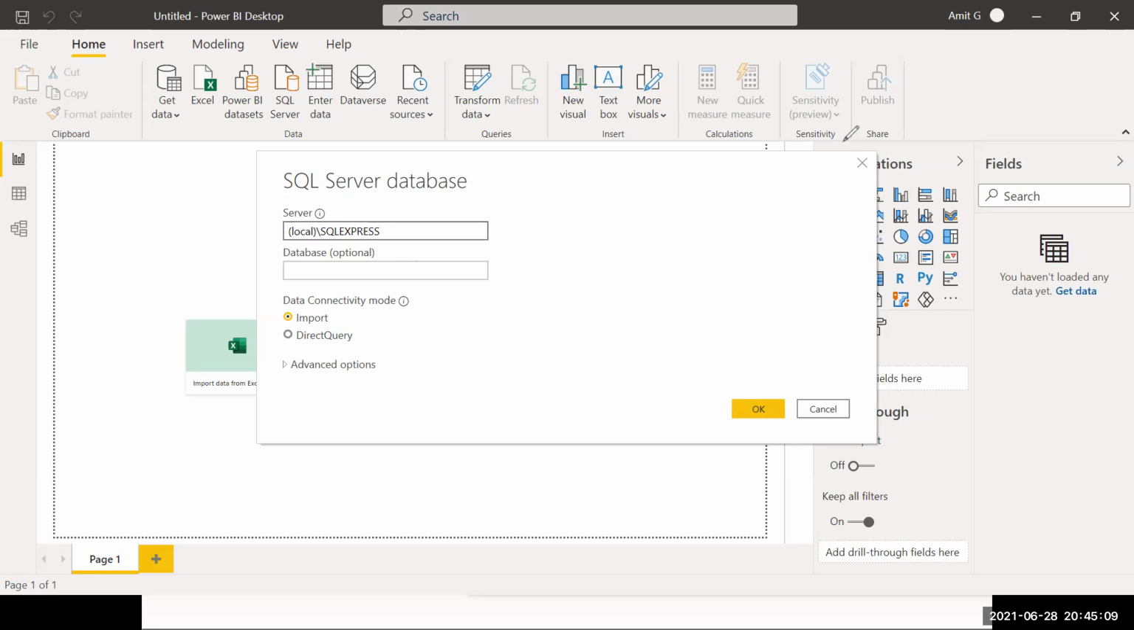Okay. And now when you connect Power BI to SQL Server, you get two types of options. One is import and one is direct query. Now, what is import? Import is where the data gets imported into the Power BI interface. The data will be extracted from the SQL Server and it will come into Power BI, the same thing that was happening with Excel. So if I click on OK,